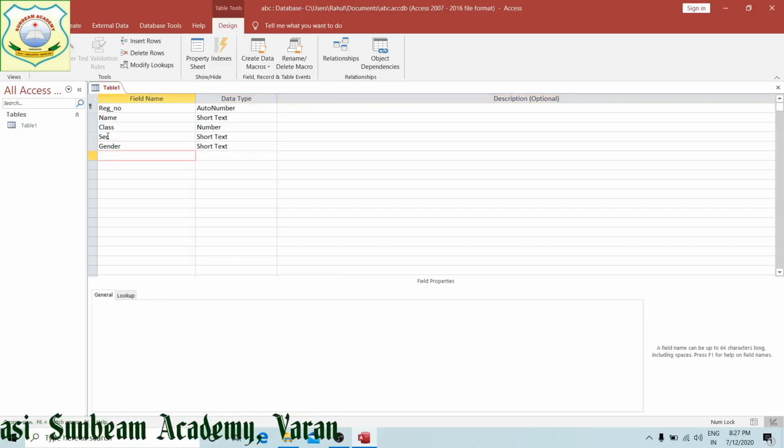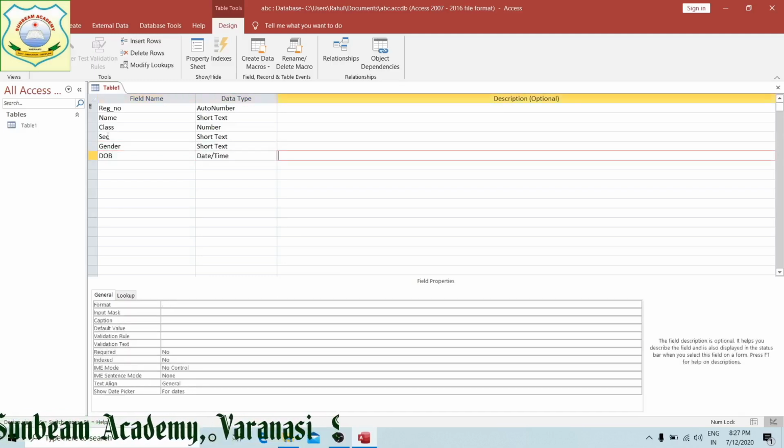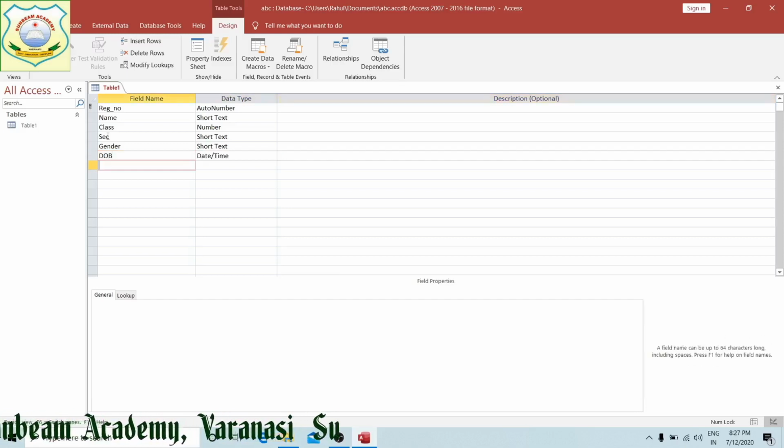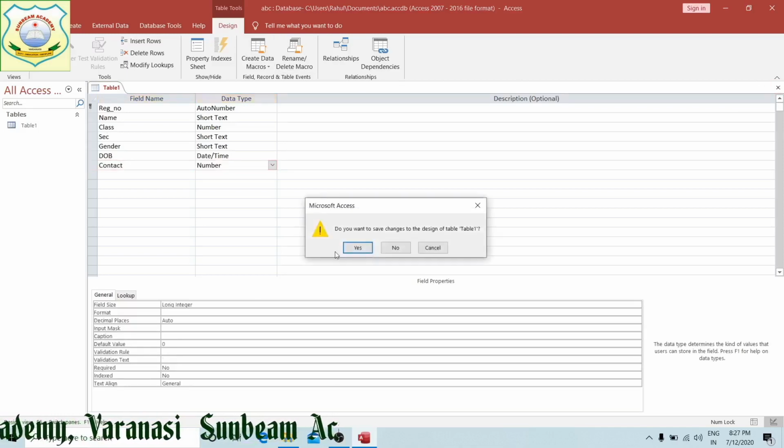Then date of birth, this is a date type field. Then contact number, this contact number, number type I am going to take, right? After this I will save the file first.